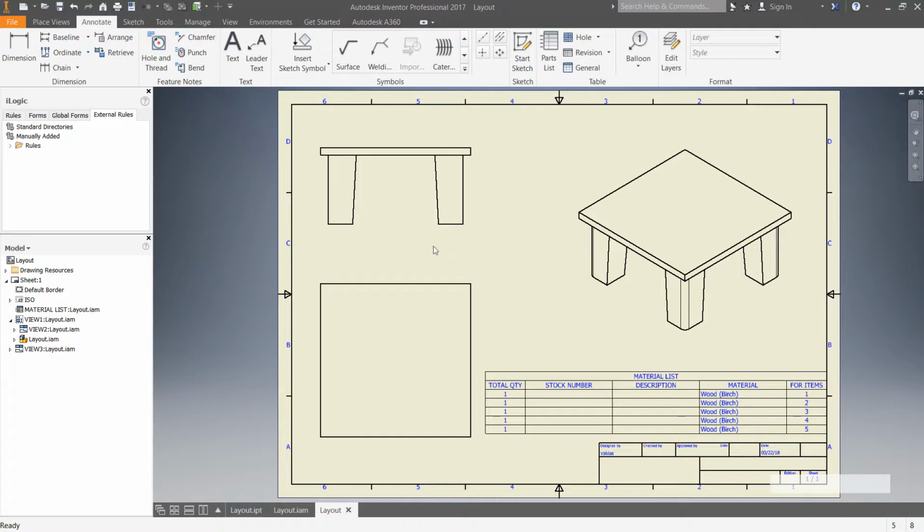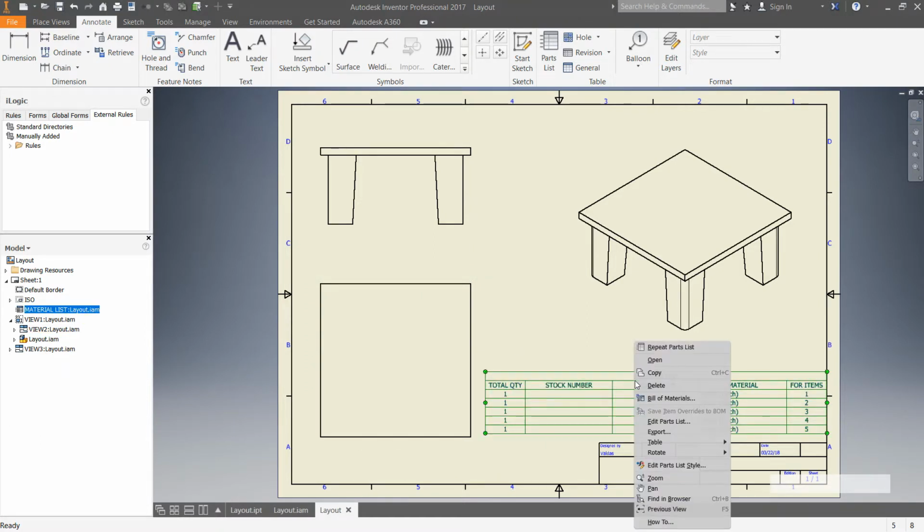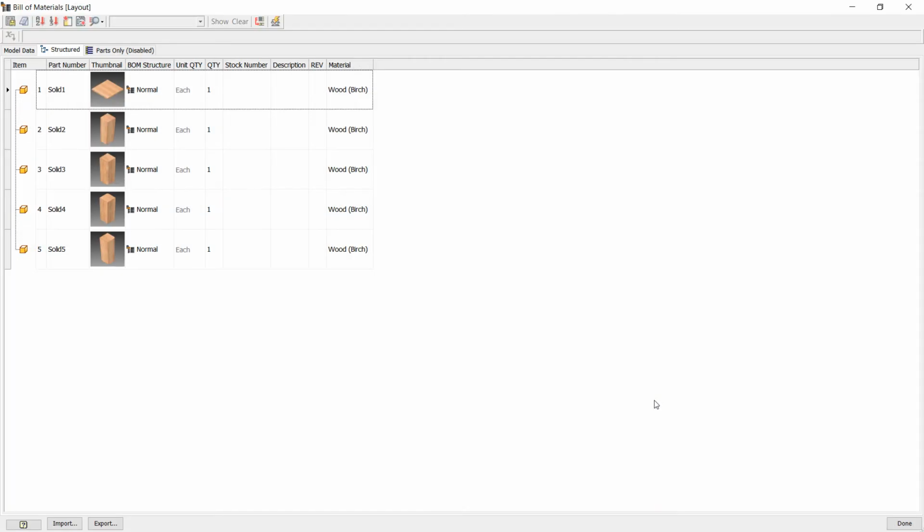We can also change our parts descriptions directly from the bill of materials. Right click Bill of Materials, and in the description column we can enter the name, for example tabletop, leg. We can copy, right clicking copy,